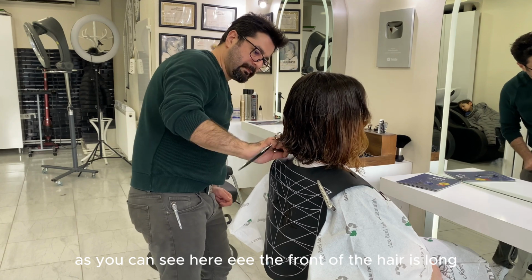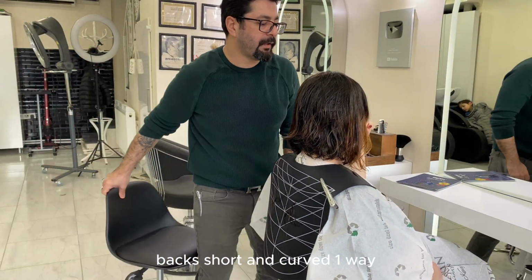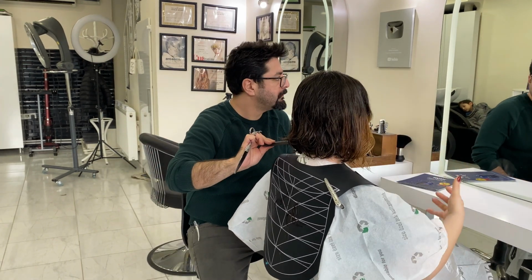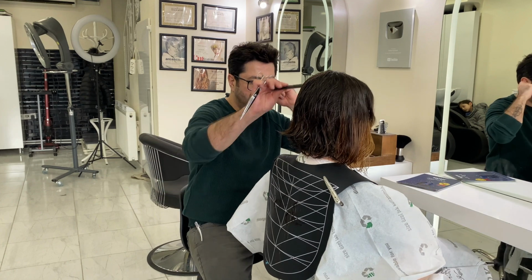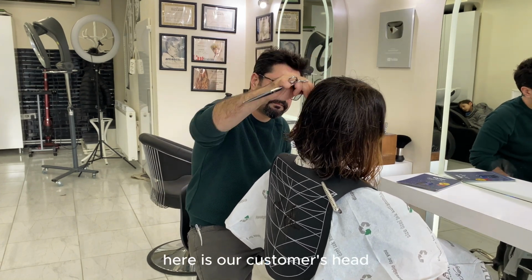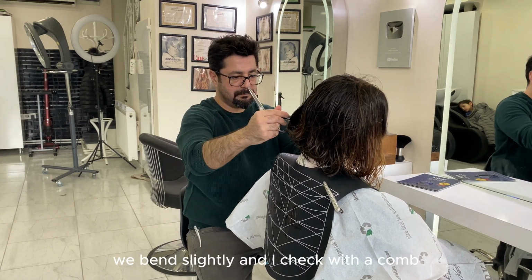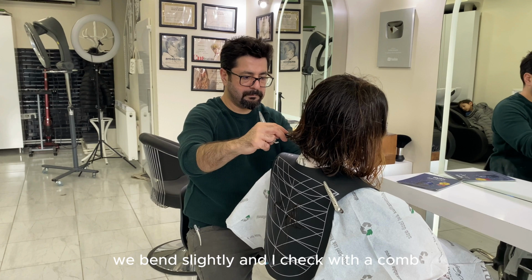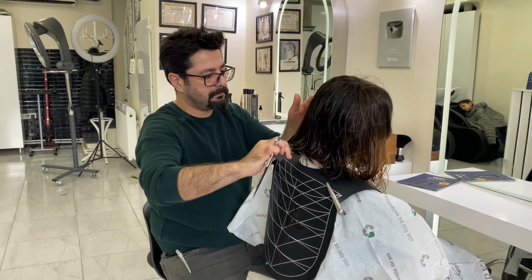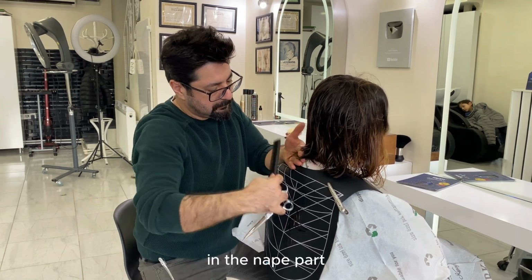As you can see here, the front of the hair is long, the back short and curved one way. I gave the appearance. Doing my last checks. Here is our customer's head. We bend slightly, and I check with a comb. Then I scan backwards, in the nape part,